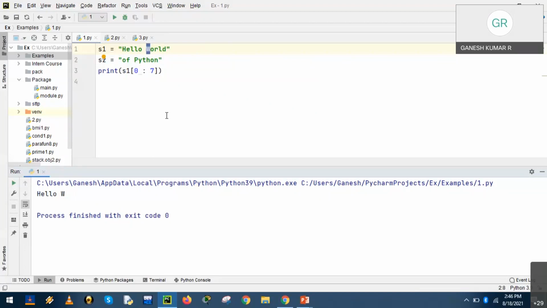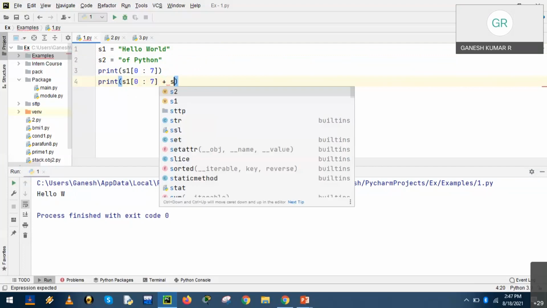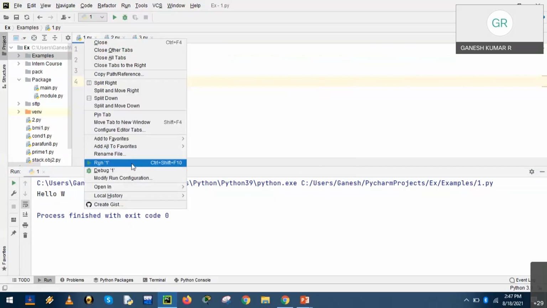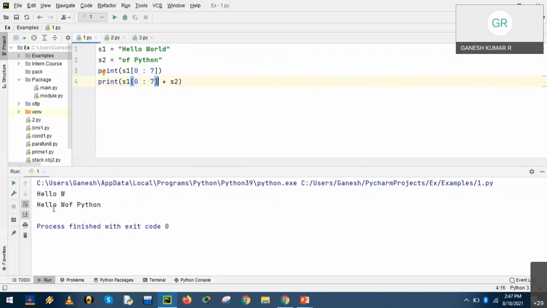So this slicing operation can also be added with another basic operation, concatenation. What we have taken is S1, now it is S2. So the first 6 characters, H to W, plus S2, we should get the output: HELLO, blank space, W, and S2.